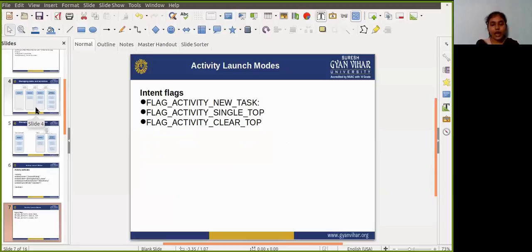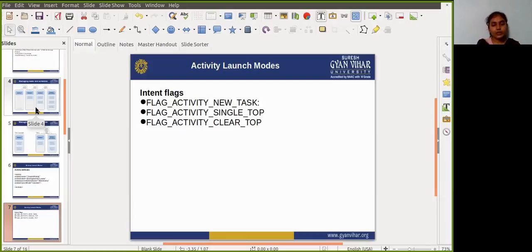So intent flags are defined as constants in the Intent class, and begin with the word FLAG_. So you add intent flags to an intent object with the setFlags method or the addFlags method.